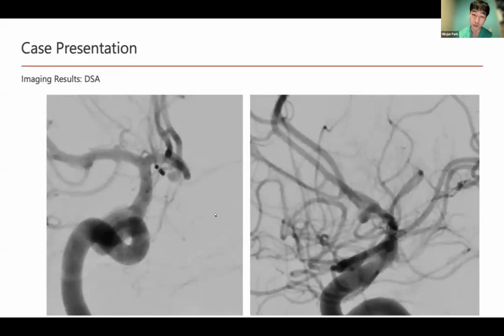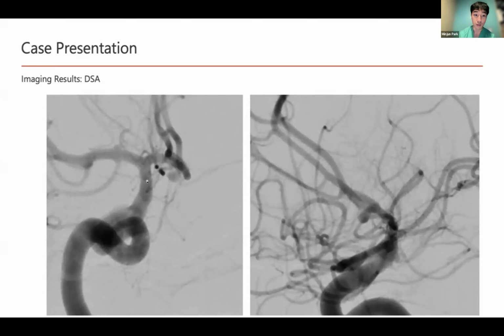This is another view of the same shot, but it seems like there is some type of aneurysm here that's going to be the ACOM, inferiorly projecting. The size was about 2 millimeters, and the maximum diameter was 3.8 millimeters. So it was a relatively small aneurysm that did rupture and led to the subarachnoid hemorrhage for this patient.